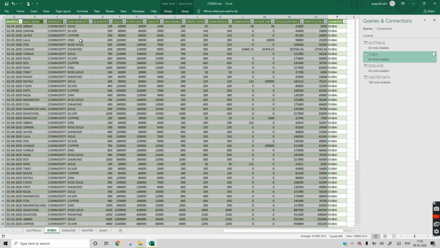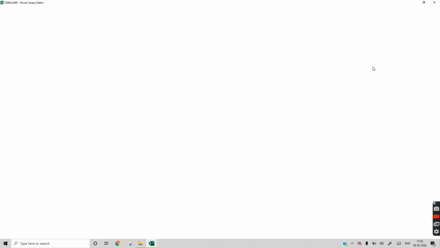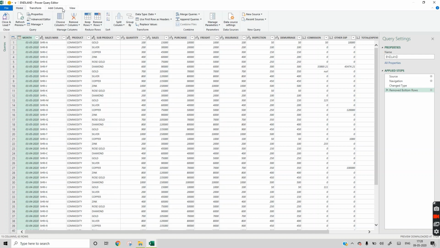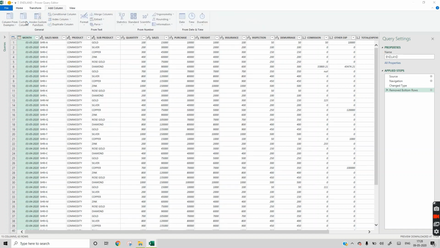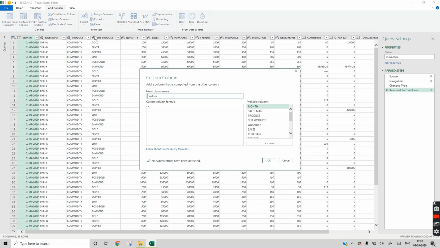This step is very useful because your data cannot be the same. We need to modify it. We need to insert some serial numbers and everything. So it has the option to customize everything. Similarly, we will do it for England also. So this is a one-time effort, but later on we don't have to spend time on this consolidation and everything.